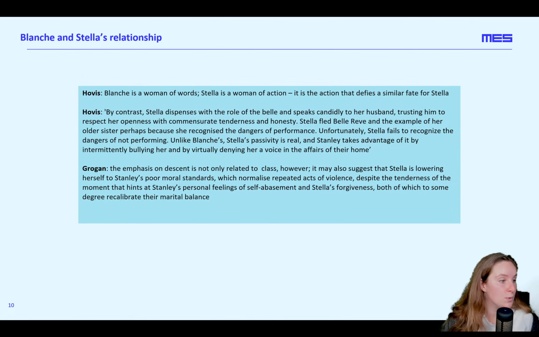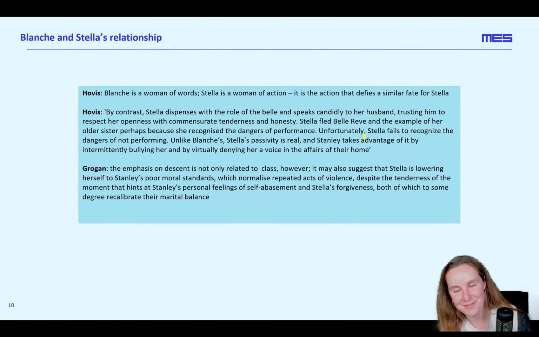So Hovis here, these are all critical quotations. Hovis says, Blanche is a woman of words, Stella is a woman of action. It's the action that defies a similar fate for Stella. So even if you only remember this quotation here, this is helpful to think about the contrast between Blanche and